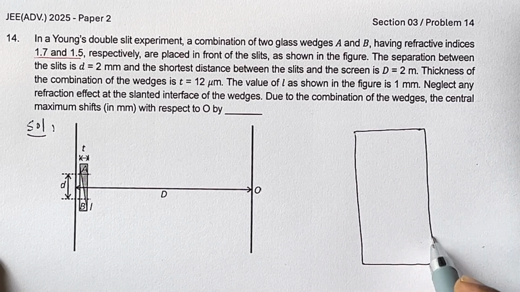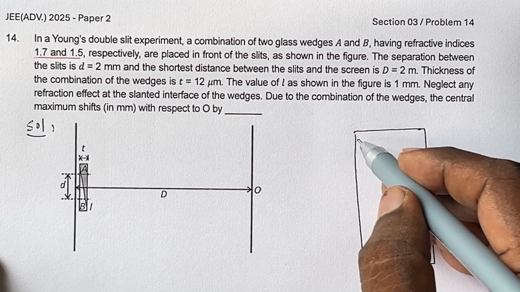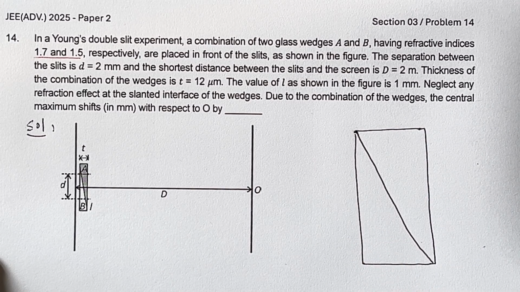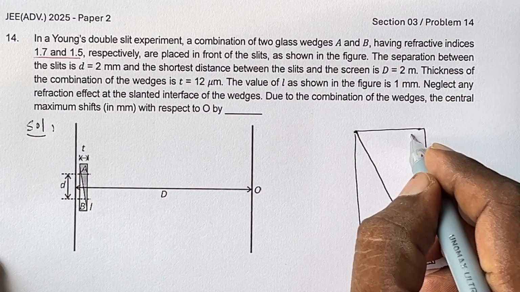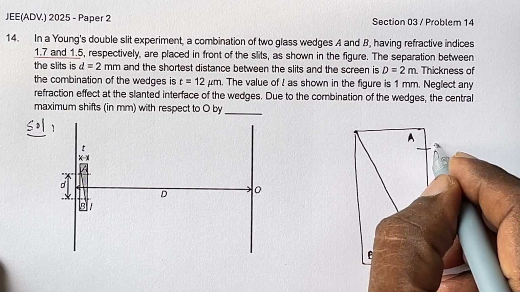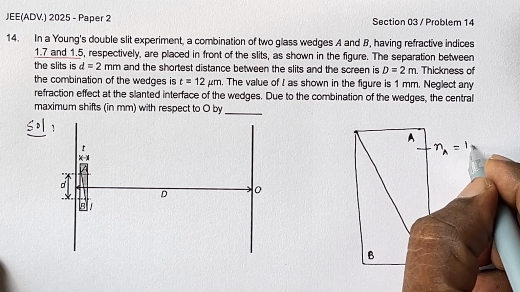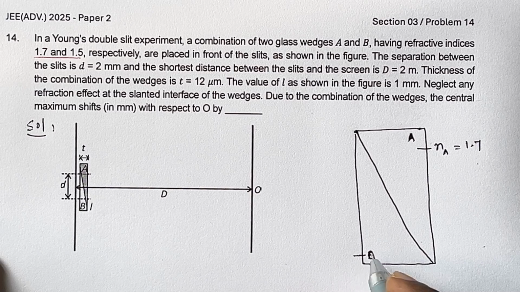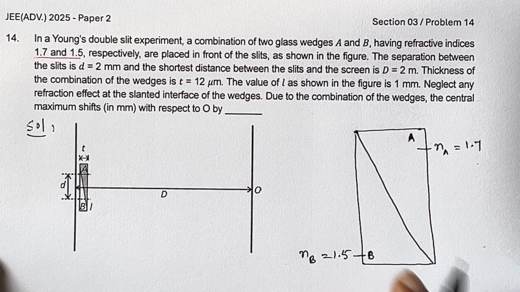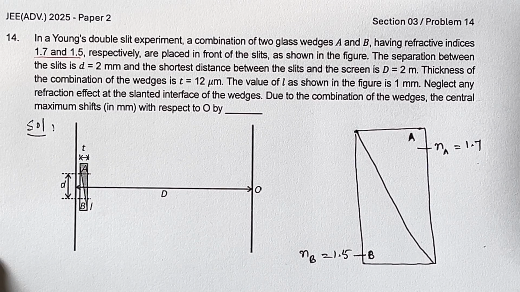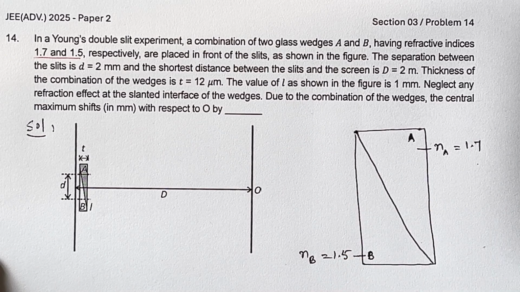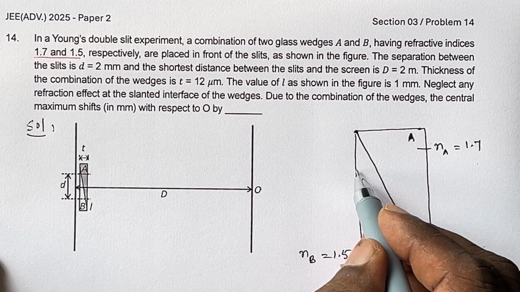For proper understanding, I am drawing it in a big way. So this is the wedge. This is A and this is B. The refractive index of the middle of wedge A is 1.7. That of B, the refractive index of B, is 1.5. That is the refractive index of the middle of those wedges. Here, from the top and bottom, 1 millimeter distance is left,